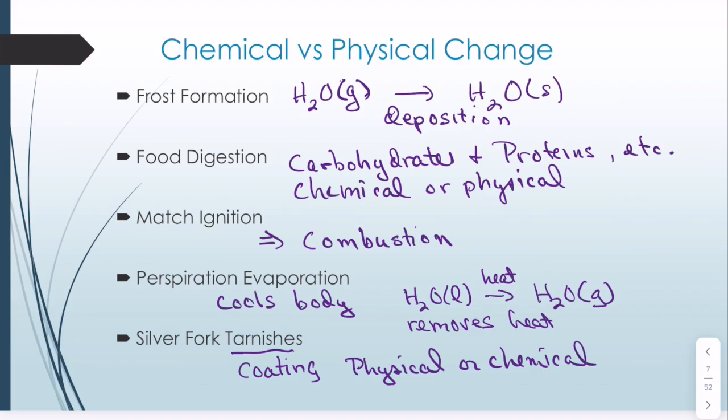Some of the telltale signs of a chemical reaction actually would be that when things happen, there is a color change. It's not always an indication of a chemical reaction, but frequently color changes will indicate that a chemical process is going on. Because a color change comes about by the creation of different types of substances.